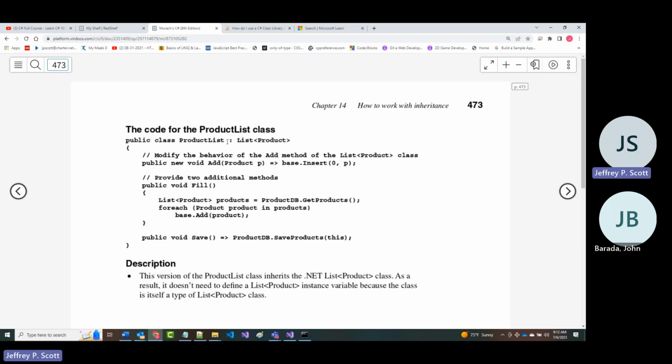It says, as this is a brand new version, it doesn't need to define a list product instance variable because the class itself is one of them. Notice the stuff that's in between this curly and this curly. This is the stuff that's different from a typical list product. Number one, the first comment there, modify the behavior of the add method.